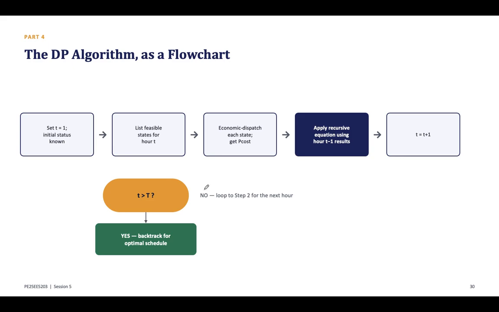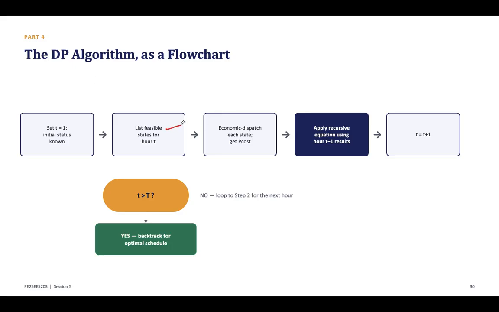You can see the flowchart. So the flowchart is the algorithmic representation of the recurrence. The process starts with a known initial status for the current hour, the feasible commitment states are identified. Each state is economically dispatched to determine its production cost. The current state is then connected to the feasible states